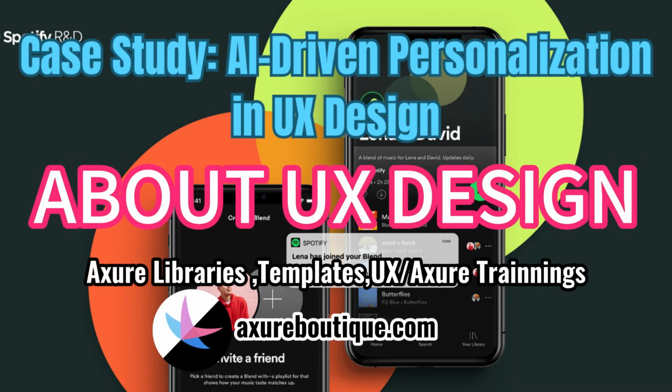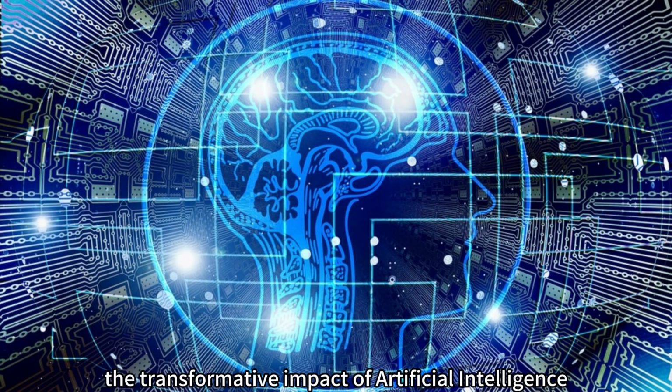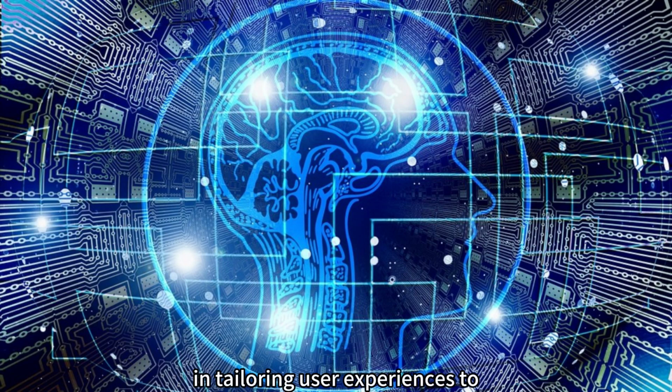Case Study: AI-Driven Personalization in UX Design. In this case study, we will explore the transformative impact of artificial intelligence on the user experience (UX) design industry, specifically focusing on AI-driven personalization. As technology continues to evolve, AI has emerged as a powerful tool in tailoring user experiences to individual preferences, needs,